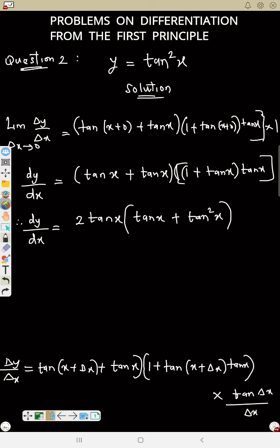So it will be tan s plus tan square s if you expand this place. So that will be, I think, this one